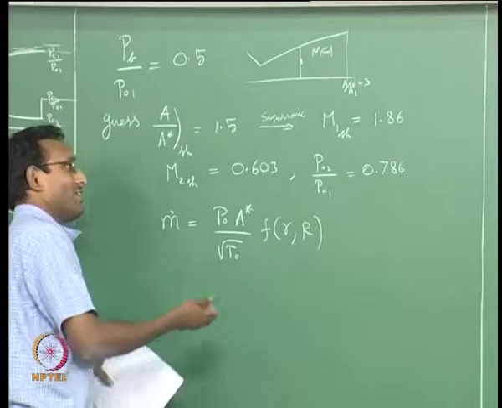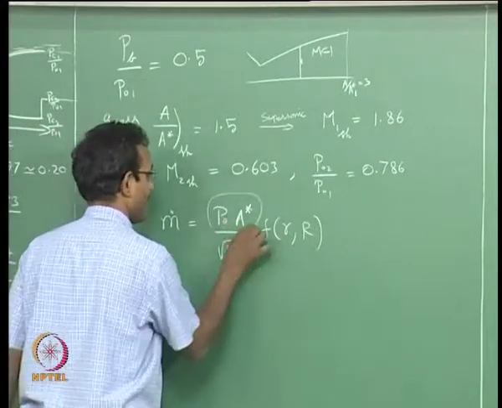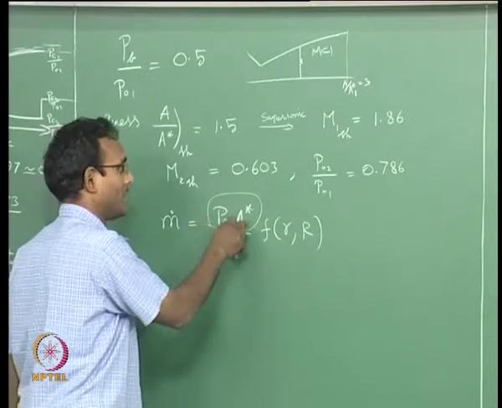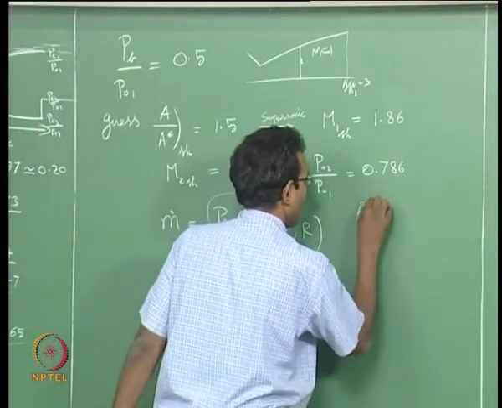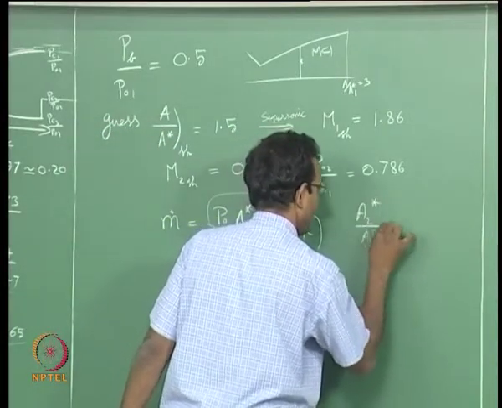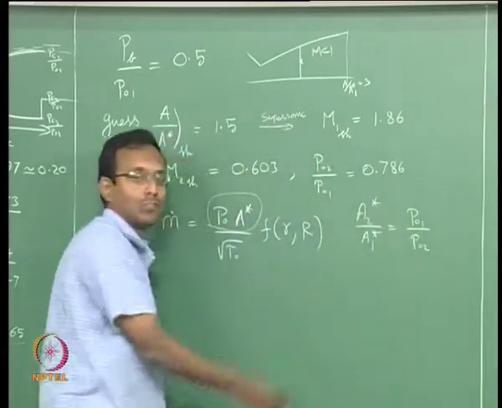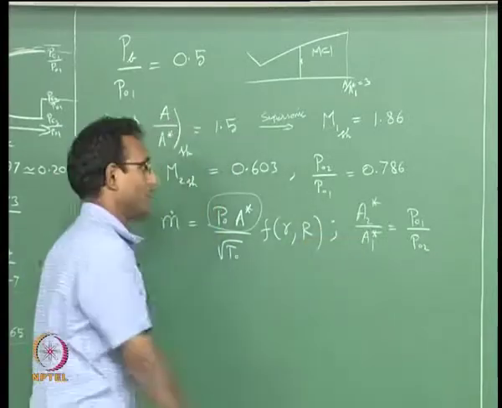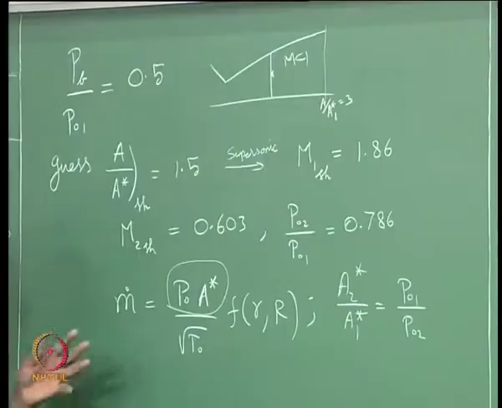Okay? There are several ways of working through it. I can of course find the new A star just from this relation. Just from this relation, I can find my new A star with respect to old A star. How can I do that? A2 star by A1 star is equal to P naught 1 by P naught 2. I can use this also to maintain the same mass flow rate. This has to be true. Okay? I can use this, or I use something much simpler because I just go to direct tables and just look up numbers. Okay?